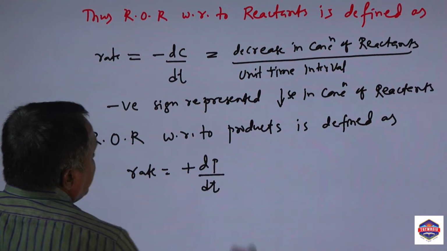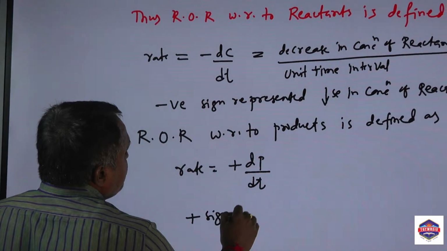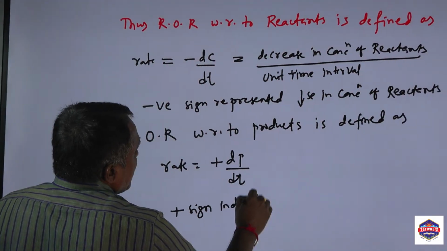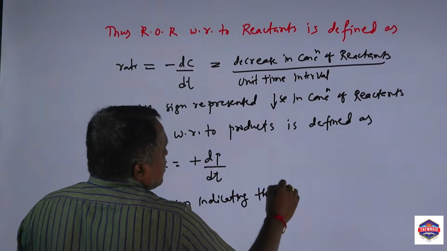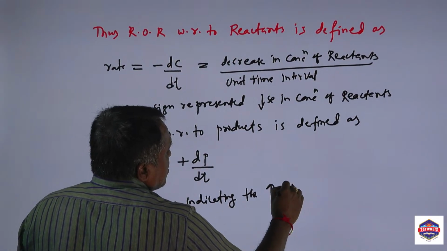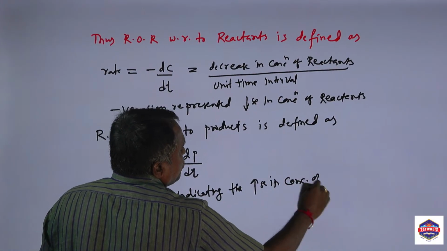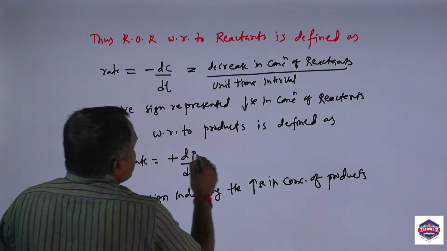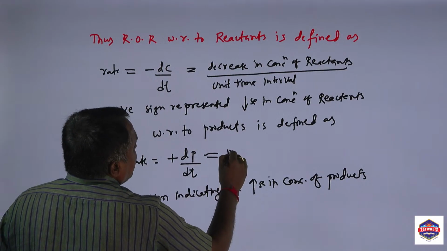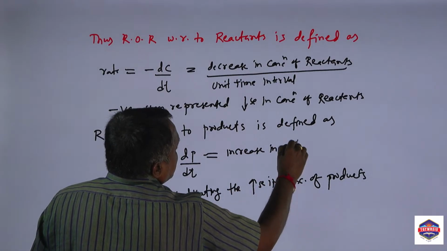Here the plus sign indicates the increase in concentration of products. Therefore, plus dP means increase in concentration of products